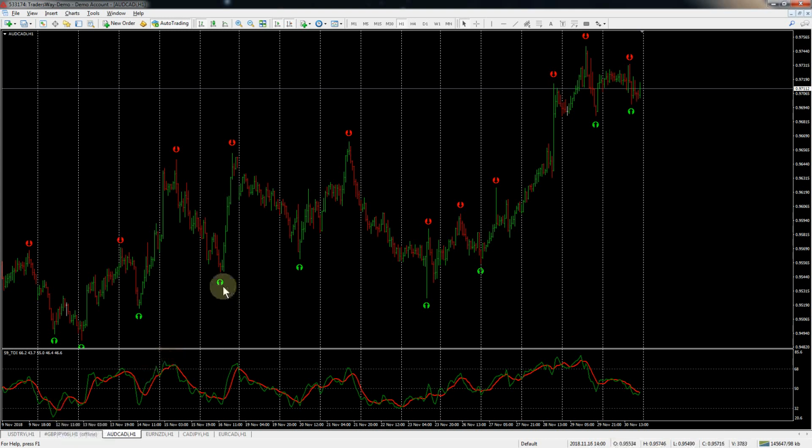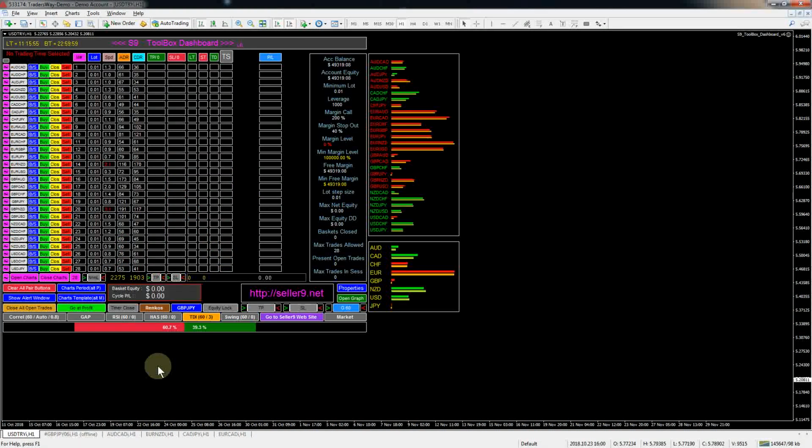These other little red arrows on here are the swing indicator. So basically that's the TDI, and right now we have no signals, but those are usually pretty good if you want to trade those when you get them. But like I said, these buttons are used to help you find trades. That way you don't have to sit and look through all 28 pairs to look for a TDI cross or anything. Now the swing one,